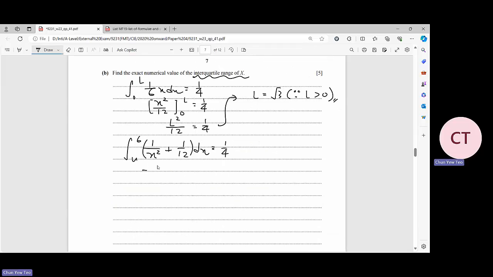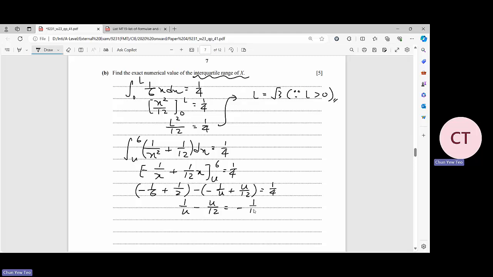So integrate negative 1/x plus half 1/12x from u to 6, equal to 1/4. Negative 1/6 plus 1/2, minus the negative 1/u plus u/12, is equal to 1/4. So we just expand, you get 1/u minus u/12 is equal to, simplify it using your calculator, you get